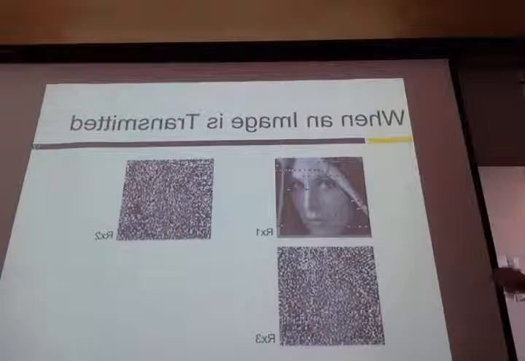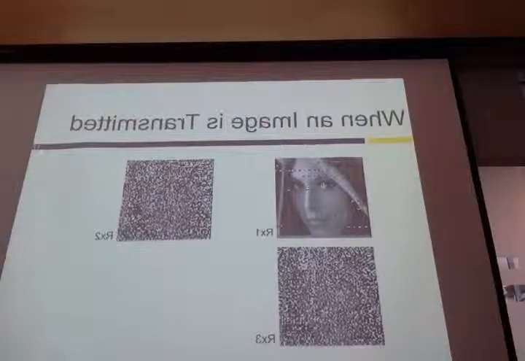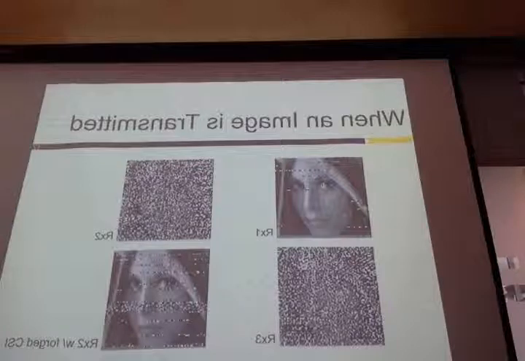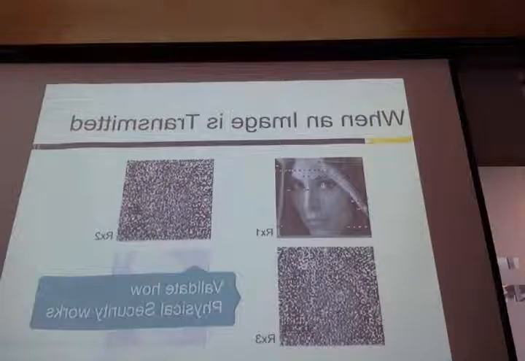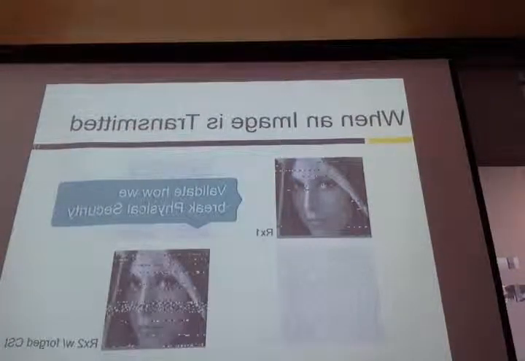And here is the image received at receiver 3. As we introduced, even though the image leaks to receiver 3, he received more noise than the image, so he is unable to recover the original image. However, we found, based on our introduction, that if the malicious client can cheat the CSI correctly, then he can have a high probability to recover the original image. So the second and third images show how physical security works to protect the wireless transmission without a crypto system. That's cool. But the last image shows how we break the whole physical security system just by forging the CSI properly. This is an example of a single transmission.